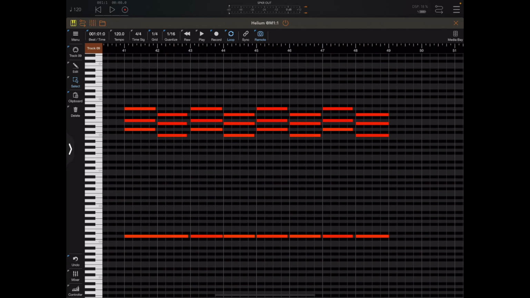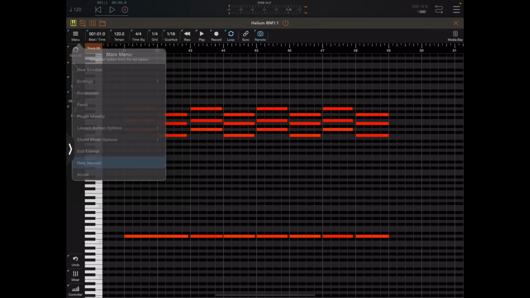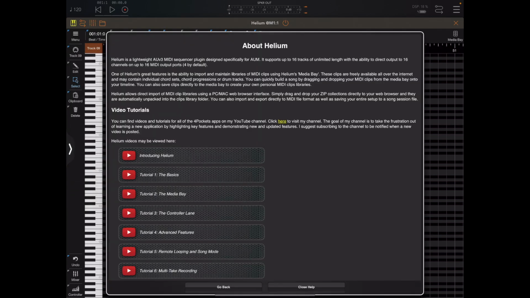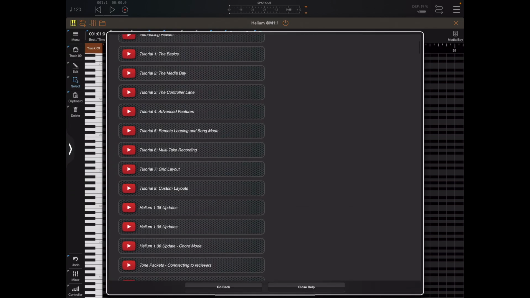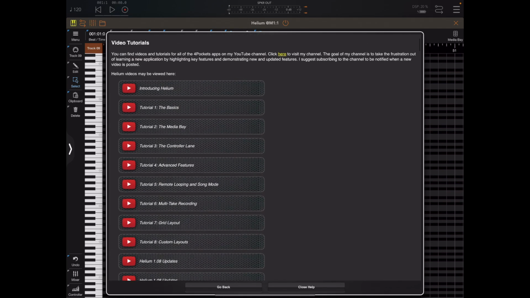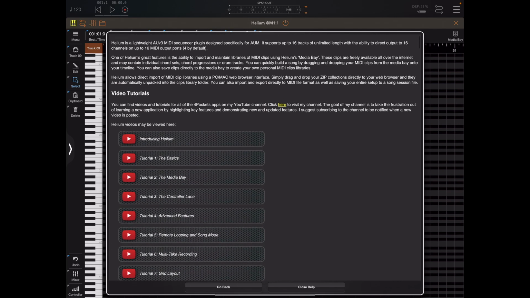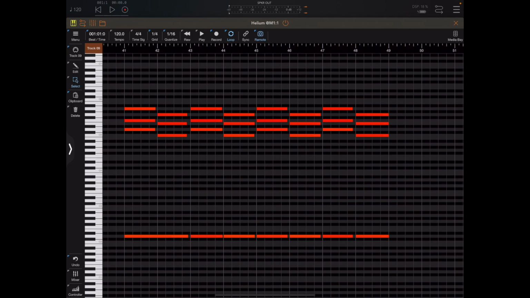Now, before we conclude this video, I want to point out that all my apps, if you go to the main menu, have a help manual. And at the top of the help manual are links to many other tutorials that I've done over the years. The only problem is some of these tutorials are now out of date, so the UI looks slightly different now, which is why I'm starting doing a masterclass and going back to revisit some of the old functionality. Now, while these videos might be outdated, they focus on specific topics, and there's a lot to be gleaned by watching those. So that concludes this video, this